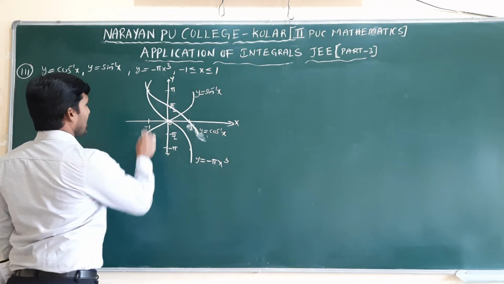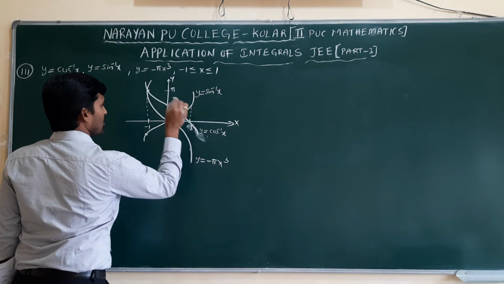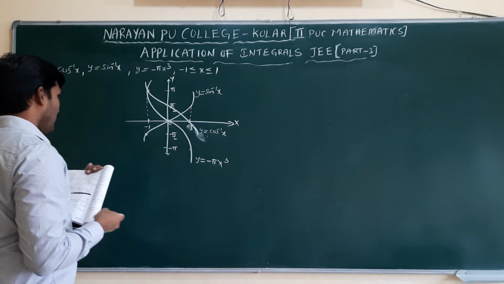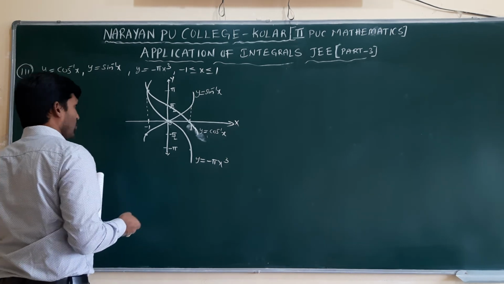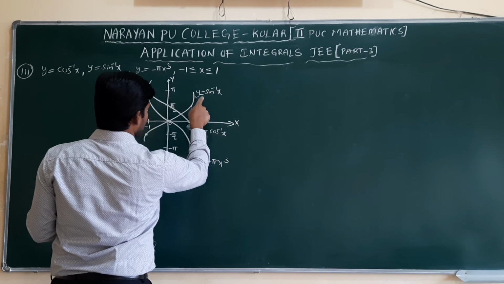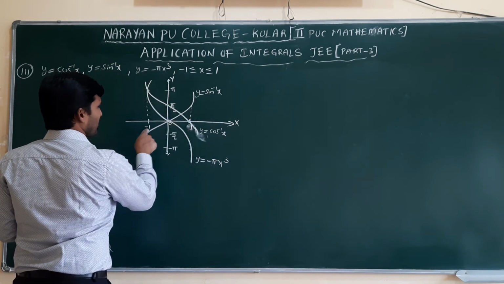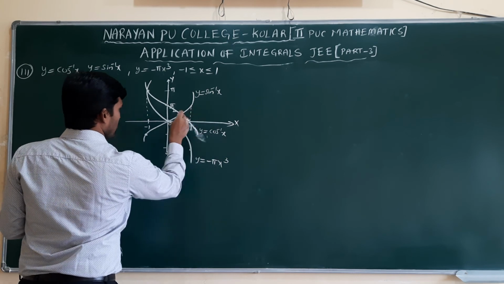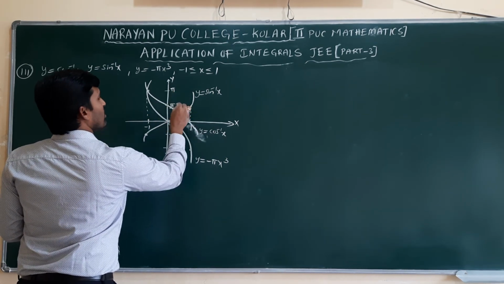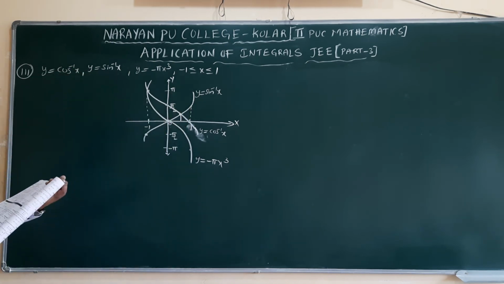But we need to find the area between minus 1 to plus 1, but the complete area from minus 1 to plus 1 we won't get, because this area is only between cos inverse and sin inverse, but we need the area between all three curves from minus 1 to plus 1. This area won't come only up to here, but this point we don't know. What is the point? Exactly, we don't know. That point we need to find out.